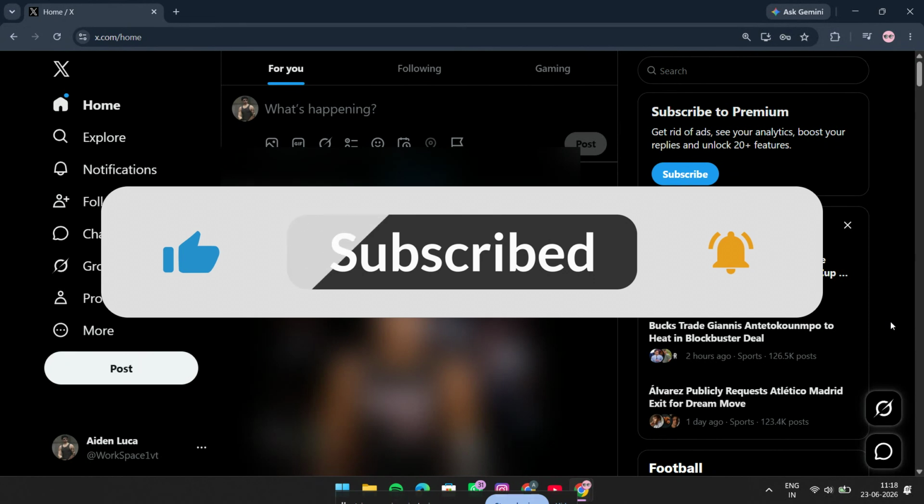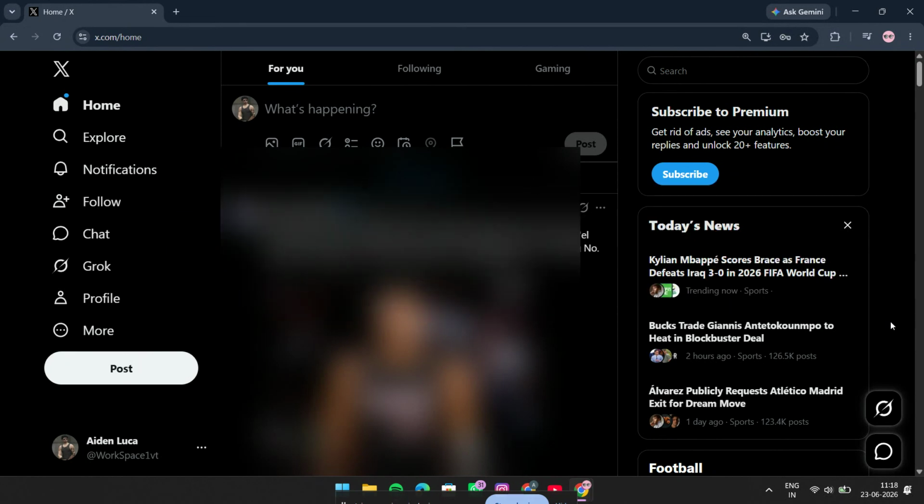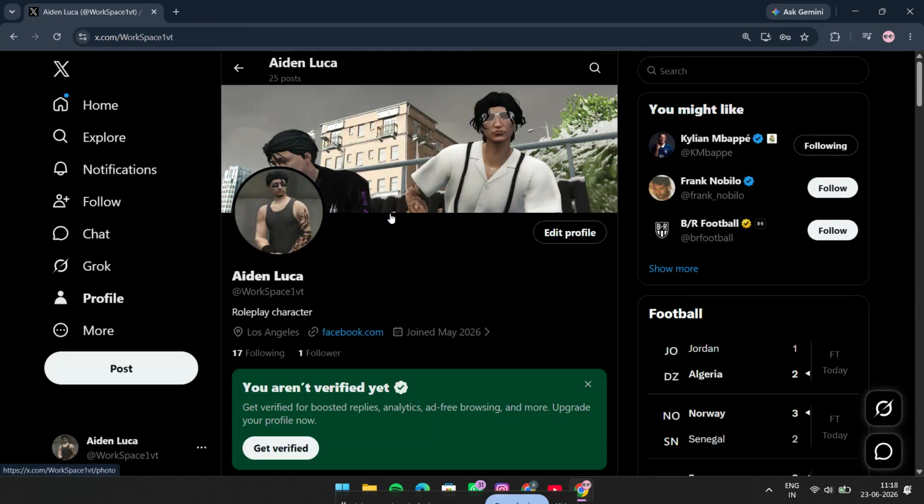Alright, let's jump right in. First, make sure you're logged into your X account on your computer or in a browser, because this is the easiest way to update your name. Once you're on the homepage, look at the left sidebar and click on Profile. This will take you directly to your public profile page, where you can view how your account currently appears to